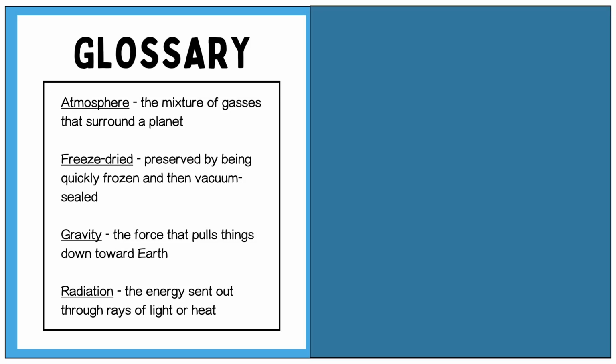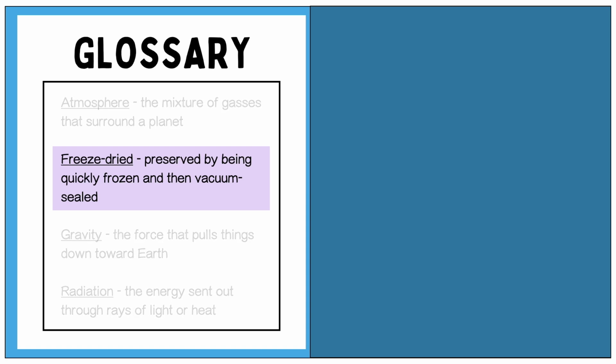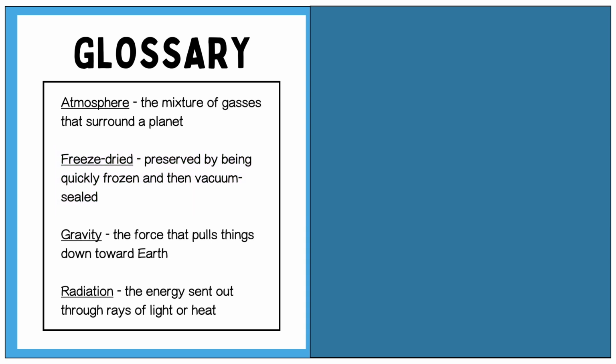Oh look, there are several words with definitions in this glossary. Do you notice how these words are listed in alphabetical order? That can help us find the word we're looking for. So freeze-dried should be right here. It says that freeze-dried means preserved by being quickly frozen and then vacuum sealed. That's helpful to know. While reading the book, we could turn back to this glossary as needed to find definitions